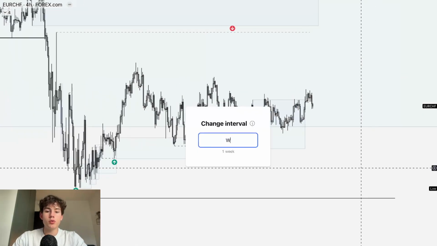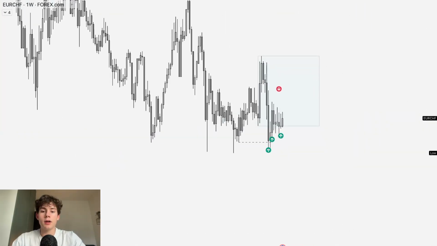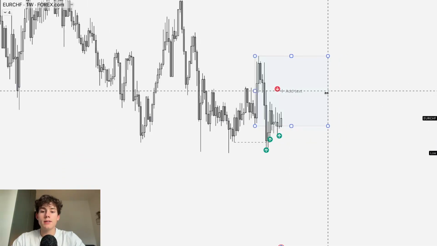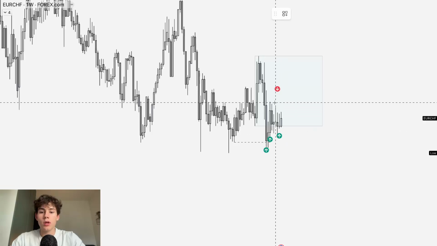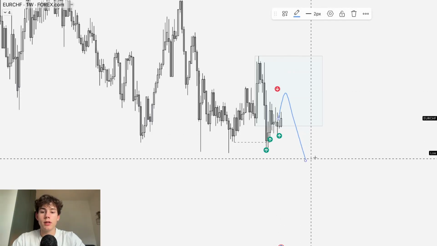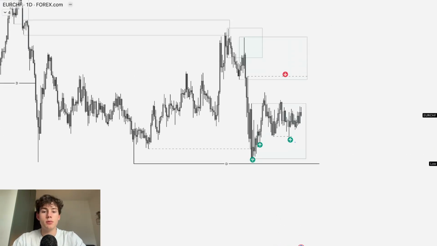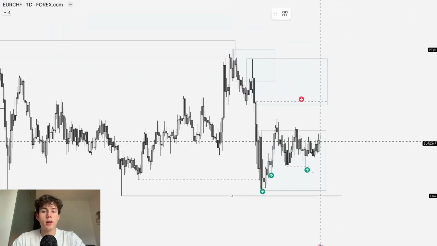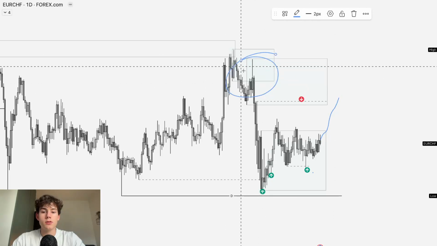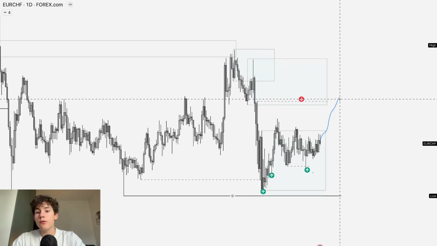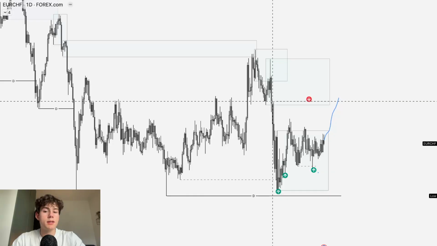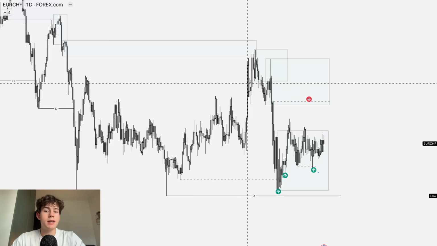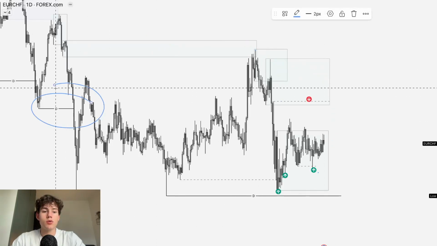Looking at Euro Swiss, we are consolidative, so I'm not looking at any possible setups at the moment. We are inside this supply zone. We could take liquidity above the highs before moving down lower again, so that's definitely a possibility. But at the moment, I think we could trade up higher towards that supply zone and liquidity. But if we do so, the only setup that is valid for me is taking liquidity above this high and going for shorts, because that's in line with the order flow as well as the structure.